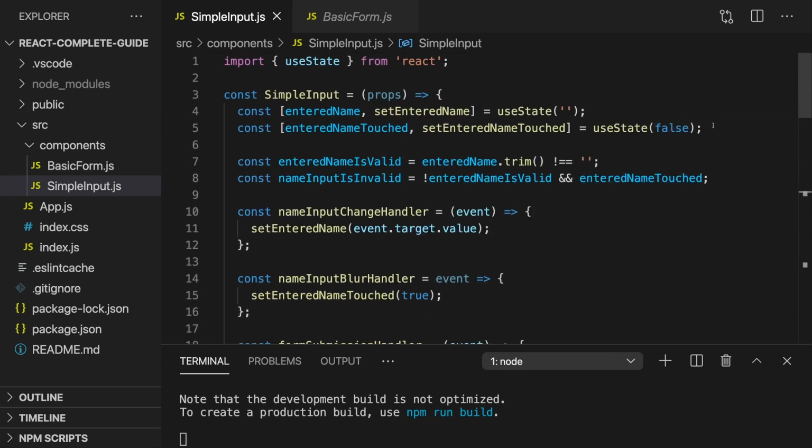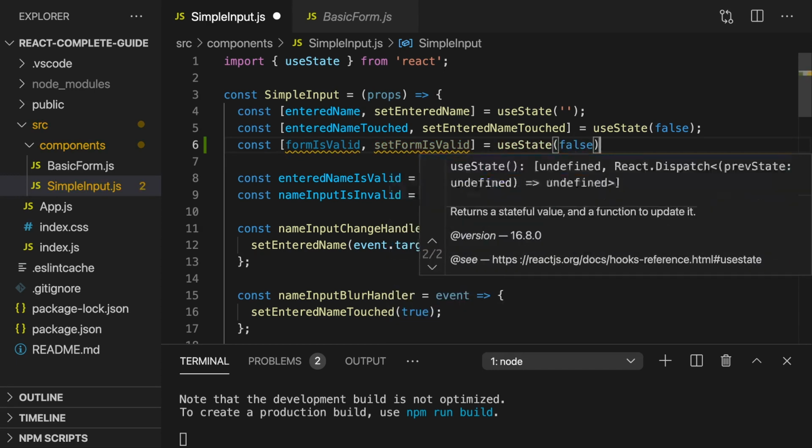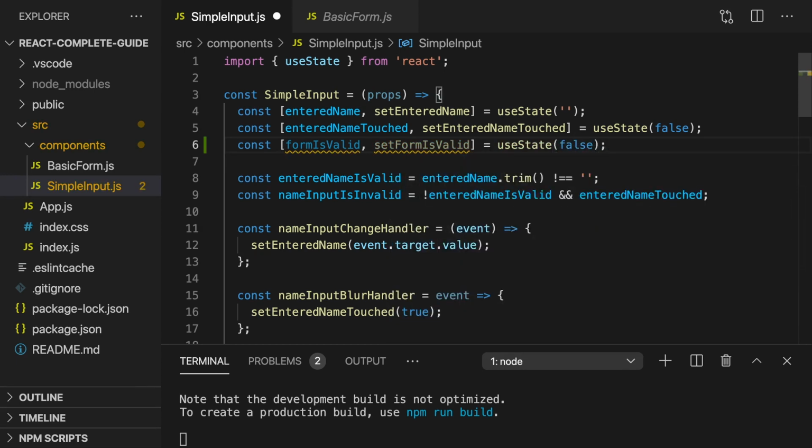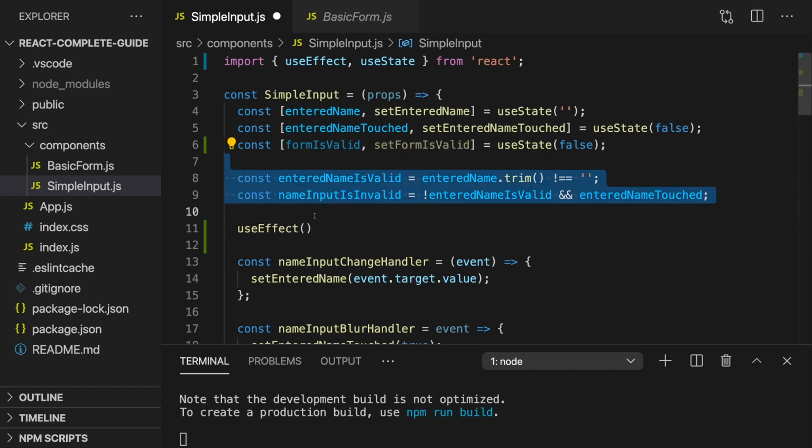Well, here's one way of doing that. We can add a new state, which is form is valid, and it has a set form is valid state updating function. And initially that's false, because initially that form isn't valid. Now I want to update this overall form is valid updating function whenever one of the form inputs changes. And for that we could again use useEffect. So I'll bring back that import, and I'll then add a useEffect call here below those two constants here. And in this useEffect call here,